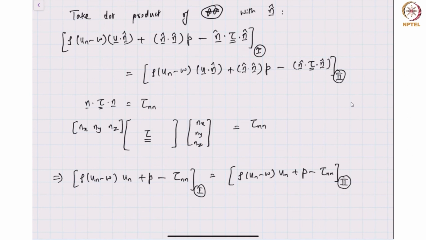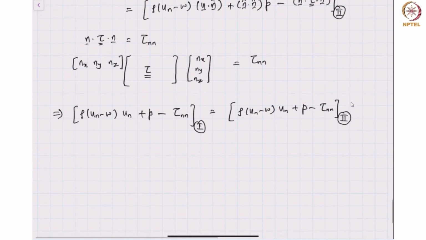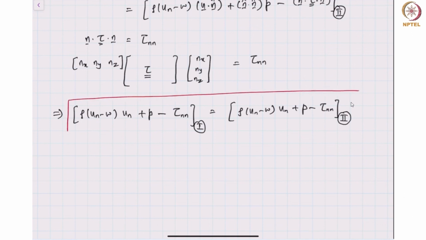Okay, so let's look at some special cases. This is the boundary condition that we have. There isn't too much of a simplification that we can do from here, but this is basically the jump condition